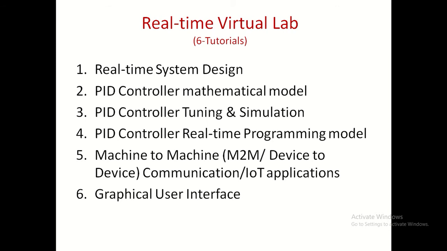Then the 5th part, which has further scope, is all about communication using the internet. That is about device to device communication or machine to machine communication. There is a lot of scope in this area, since this decade is all about IoT applications. So what are the possible ways of using various IoT platforms or the cloud domains where a device can be connected and it can give some business to the industry.